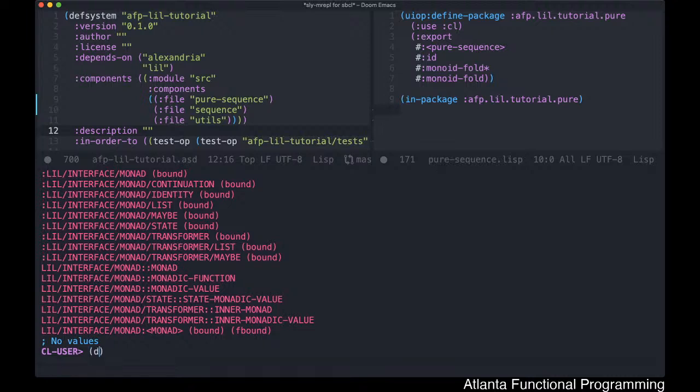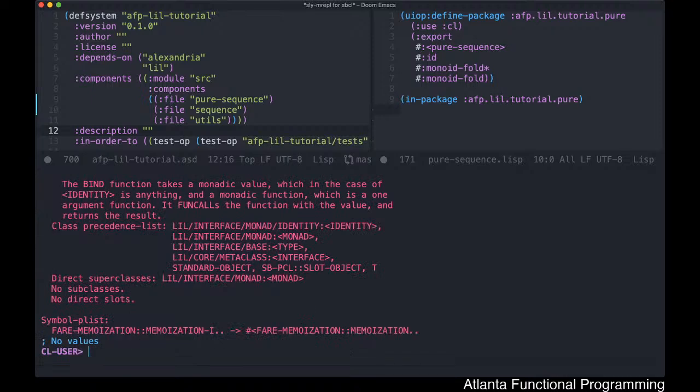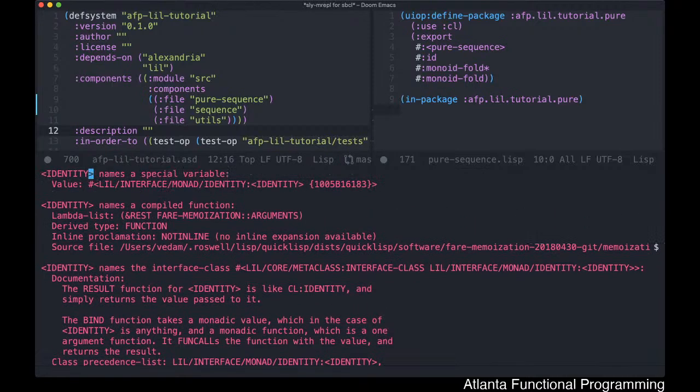Additionally, you could also always do something like a describe. So, for example, let's take the simplest monad, which is usually the identity monad, that just echoes the monadic values that are passed in. Then we could just go lil interface monad identity. Oh, sorry. I think it's monad slash identity. And we will see that this here